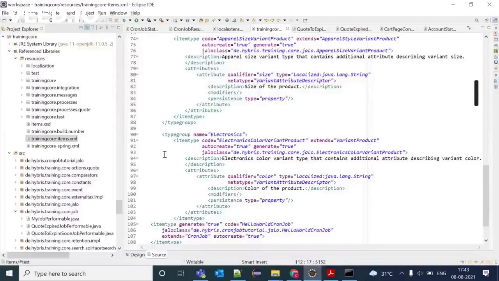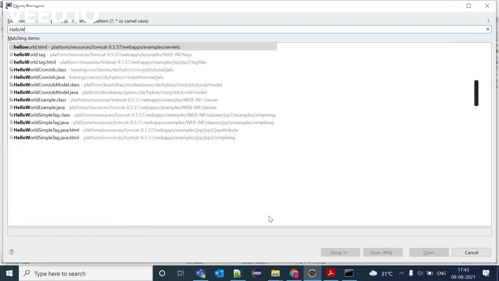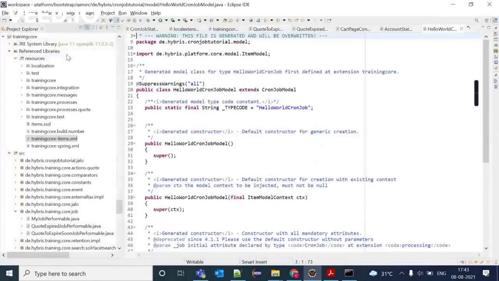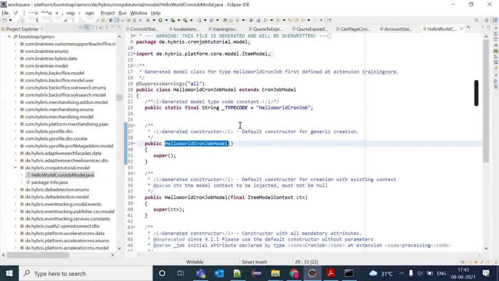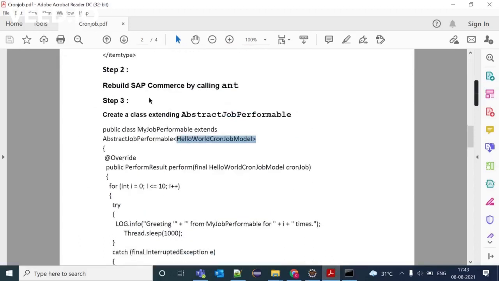Now let's go to Eclipse and search for this model. It is HelloWorld. Here you can see HelloWorldCronJobModel.java is created.